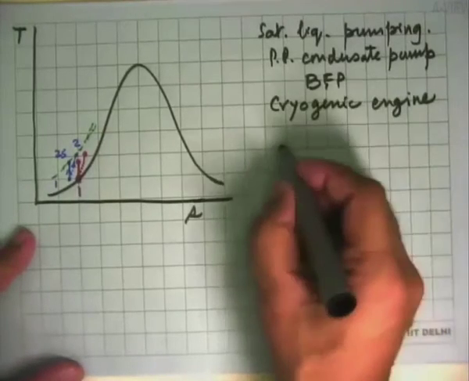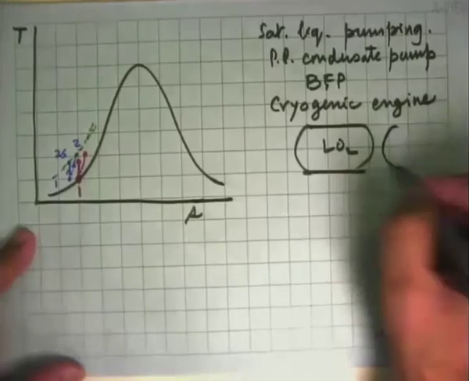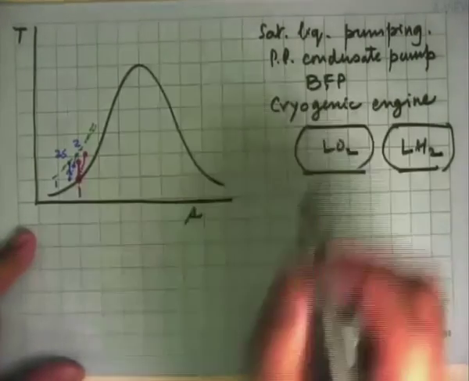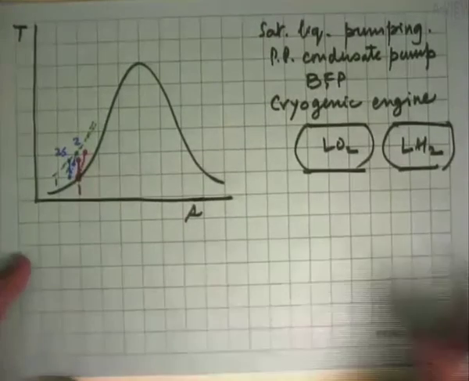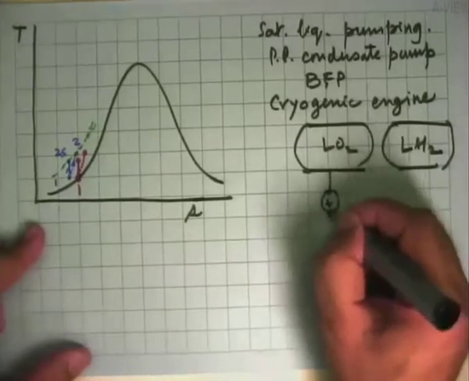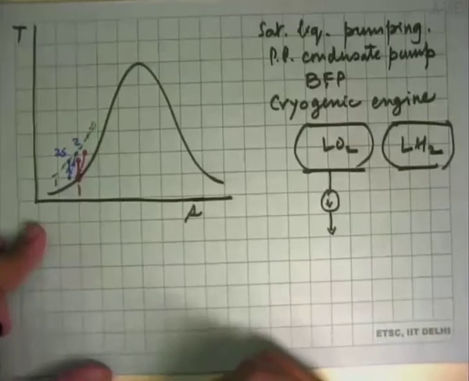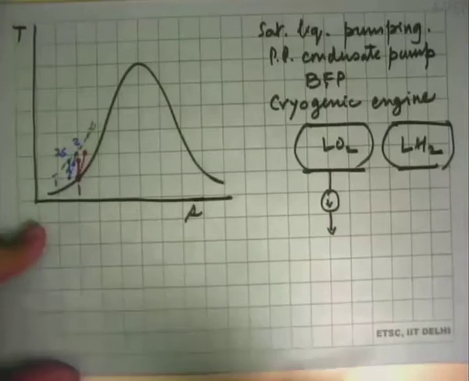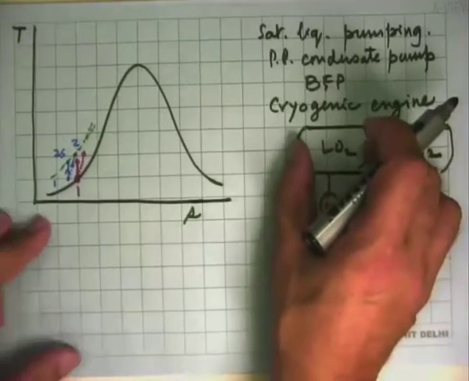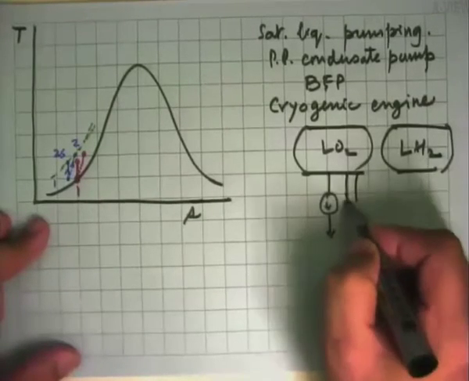So there we can say that here's a tank, LO2, or there's another tank, liquid hydrogen. Both are saturated liquids at 1 bar pressure. And we take a pipe and we put it into a compressor that goes into the combustor. So here is the problem that happens with saturated liquid: saturated liquid is a static case, but if I have a condition where it begins to move in a pipe,